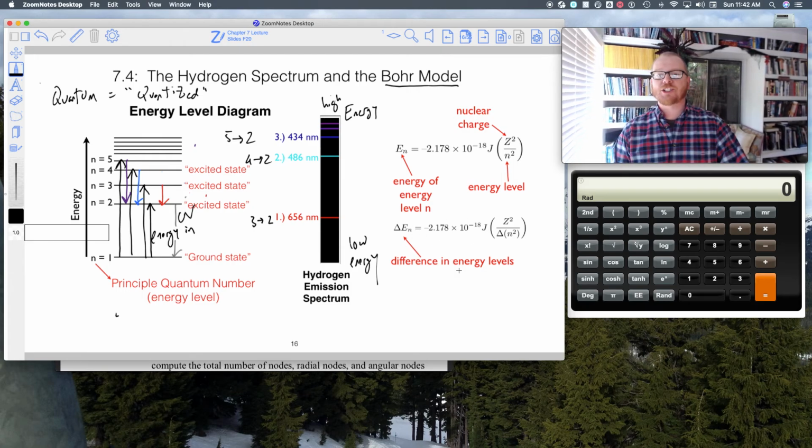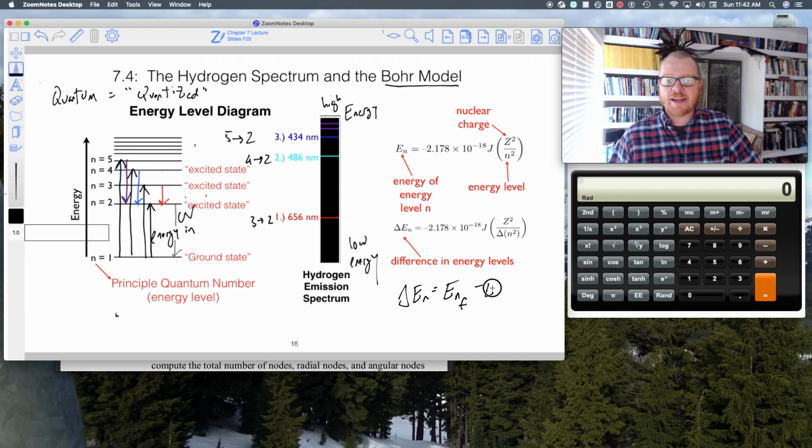So now this is the equation that we use here. This is our Rydberg equation, and that says delta En, and what that means is the difference in energy level, because as it turns out, it is the difference, the delta, right? So we recognize delta En is going to be E_n final minus E_n initial. The difference between those two energy levels is what gives us light. It's what gives us that characteristic fingerprint, okay? So let's do an